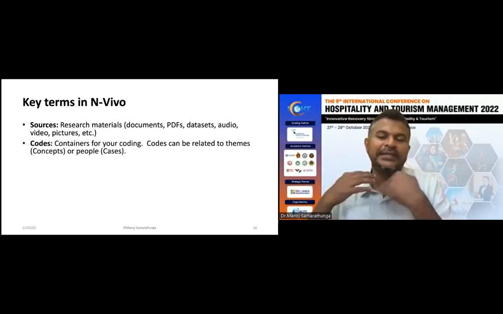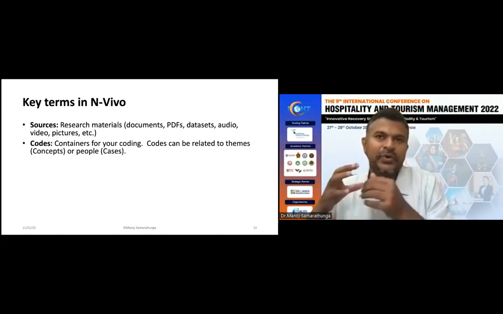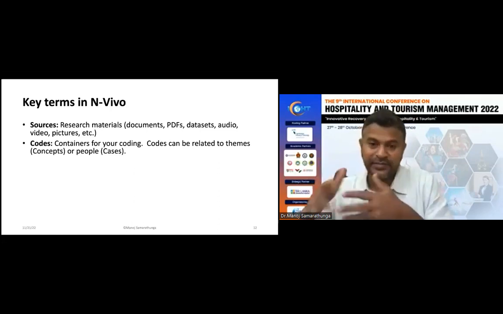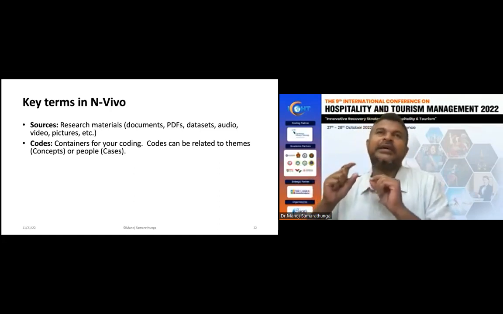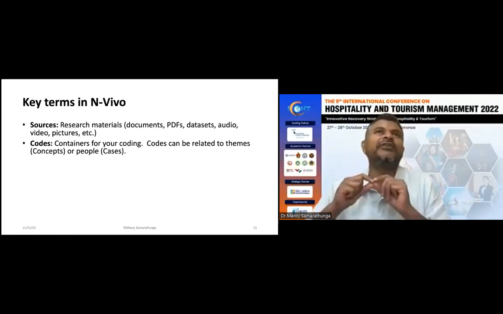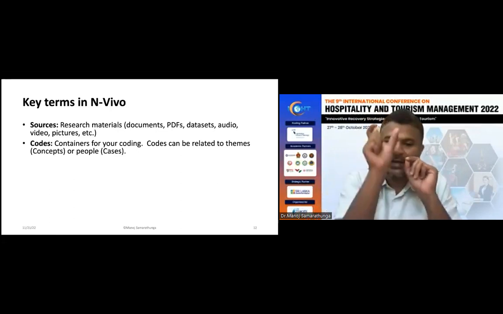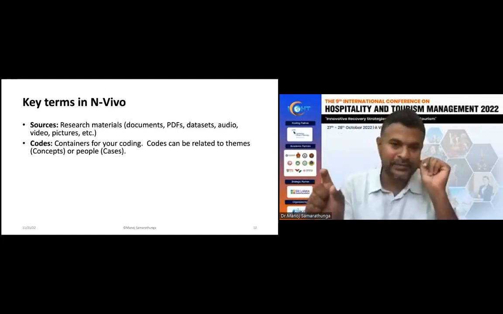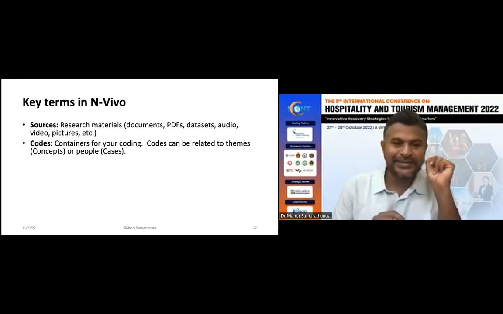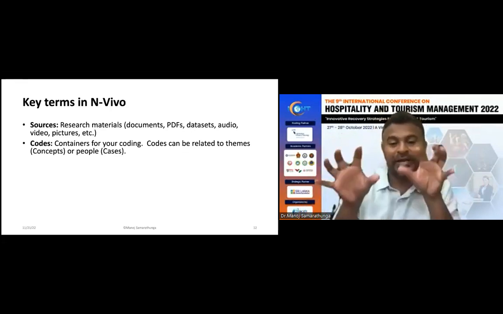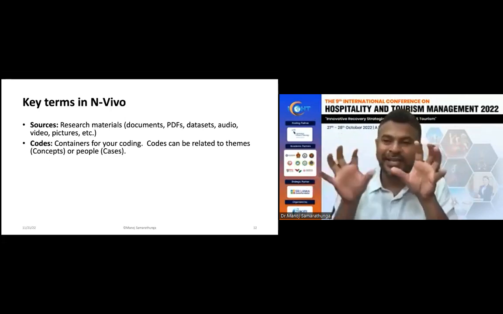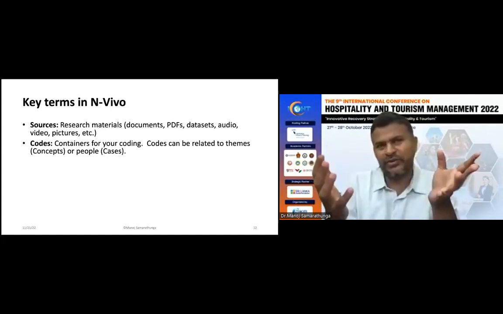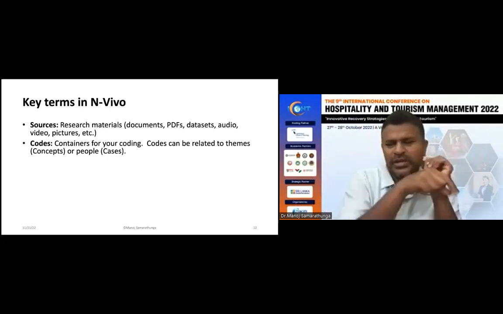The codes are basically the containers of your coding, which we have in qualitative research. Even earlier I said one of the main things that we have to do when it comes to the analysis is identifying the coding of the key phrases, key sentences, key paragraphs which are relevant to your research, right? So after identifying some key phrases, catchy phrases, relevant clauses, you need to copy them. And actually we are not copying, we just select, we drag and drop into a kind of a